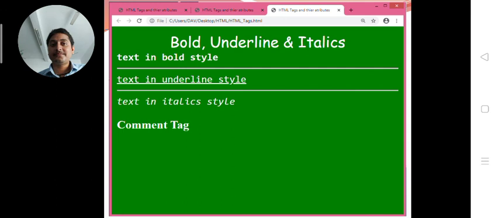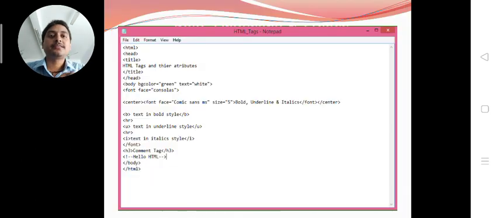The comment tag is written outside of the font tag that defines all the text must be in Consolas font. That's why the comment tag came in the default font of the browser. And after the comment tag, nothing is here. But in our code we have written hello HTML, and that is not visible on the website. This is the advantage of comment.